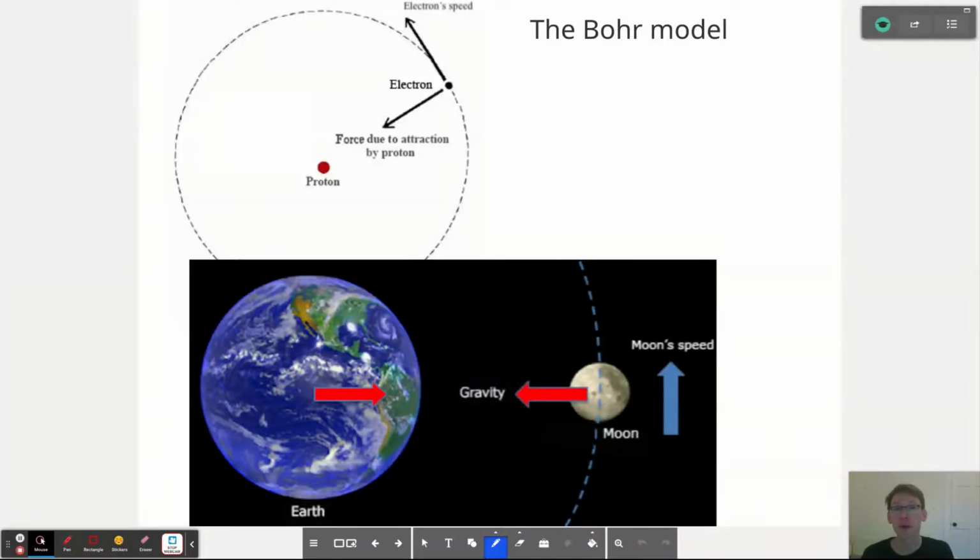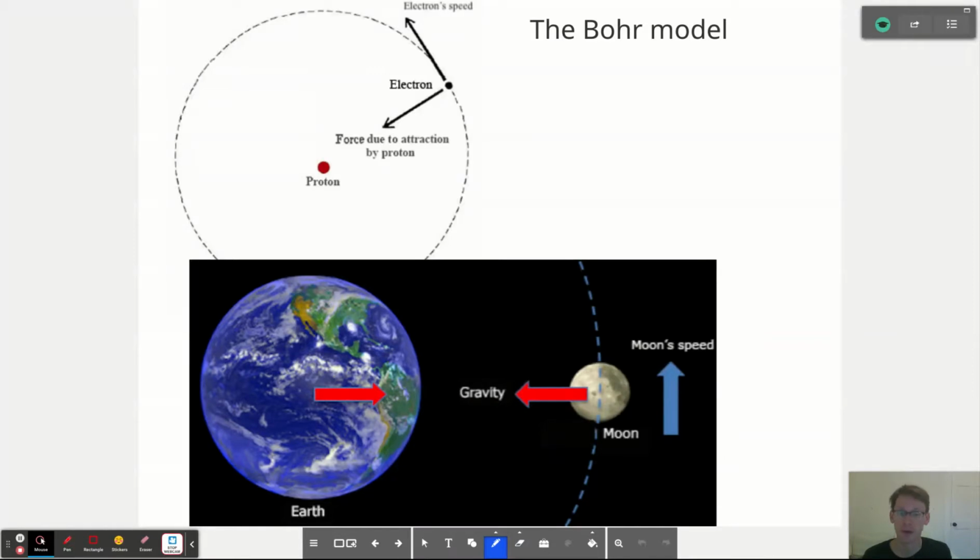In this video, we're going to learn about the Bohr model. Now, the Bohr model is a model of something that you'll never really be able to manipulate yourselves, right? The atom is so small. So I think to begin with, we should see the similarities between the Bohr model and just the moon revolving